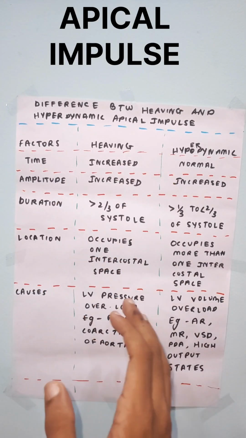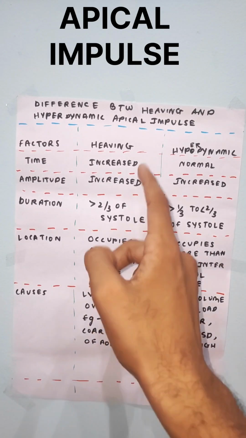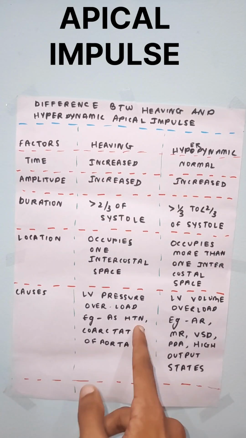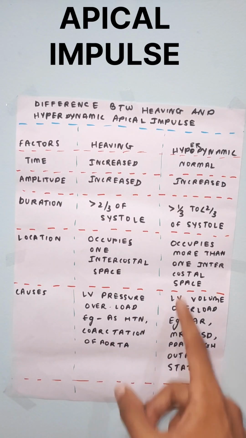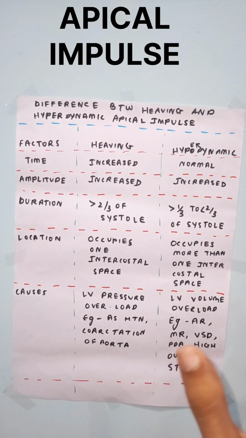Heaving is caused by left ventricular pressure overload, when there is stenosis, when there is obstruction. So there is a build-up of pressure and you will see a heaving apical impulse. You will see it in hypertension, coarctation of aorta. So this is heaving. Hyperdynamic is caused when there is left ventricular volume overload,